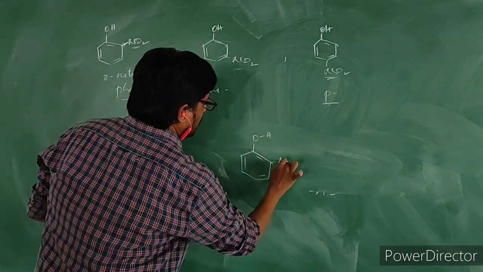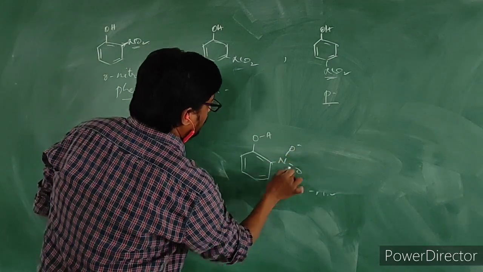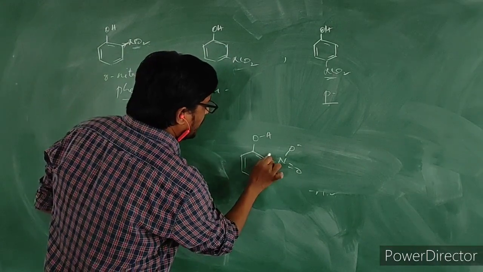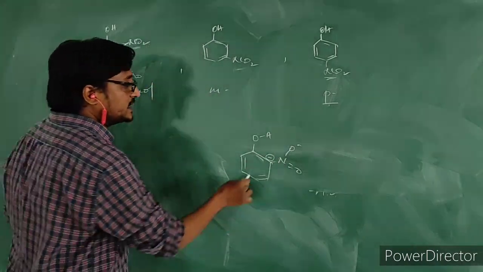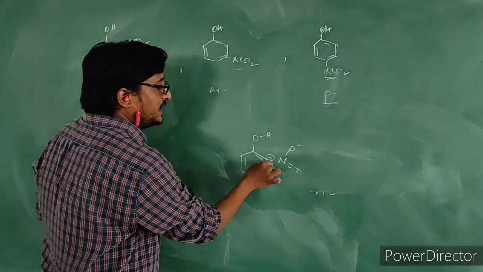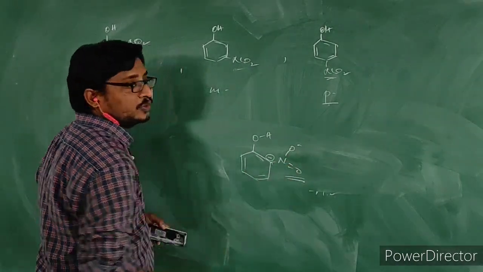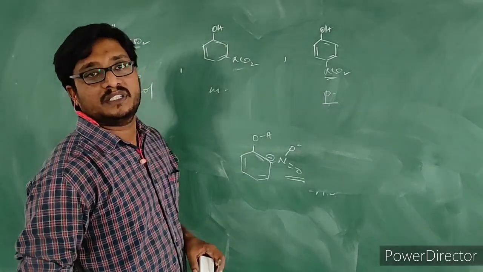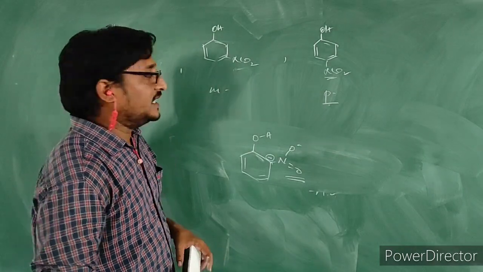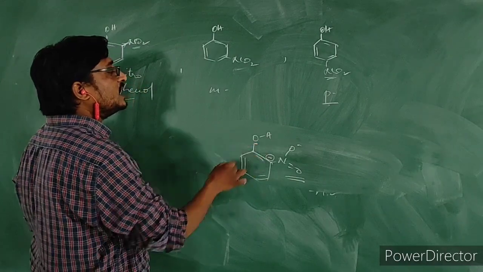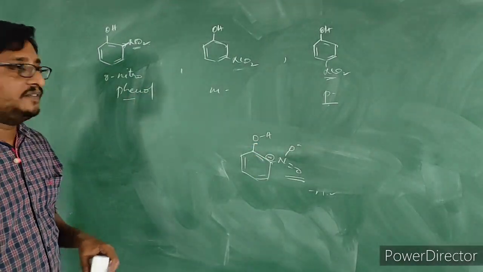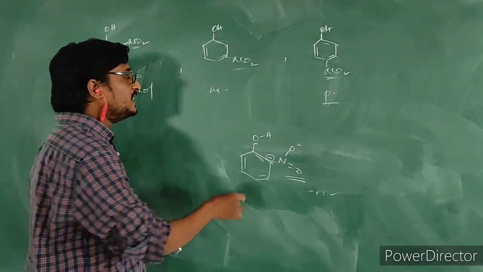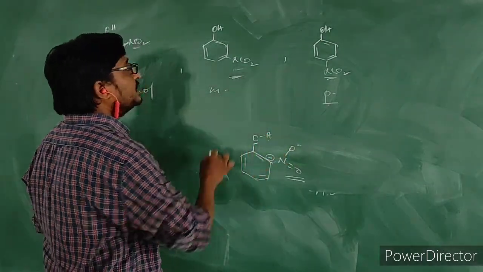OH, NO2. So in the resonating structures of phenol, negative charge gets developed at the ortho position in this way. This negative charge which gets developed here will get delocalized into this NO2 group. When it gets delocalized into this NO2 group, it becomes stable. Nothing but electron density decreases on the oxygen. If it decreases, polarity of the OH bond will increase. That is why it will be more acidic when compared with metanitrophenol.